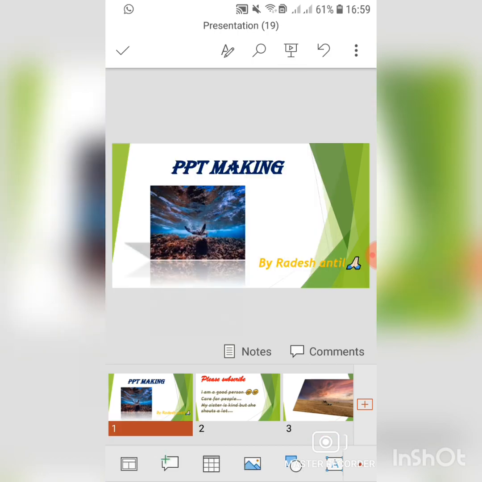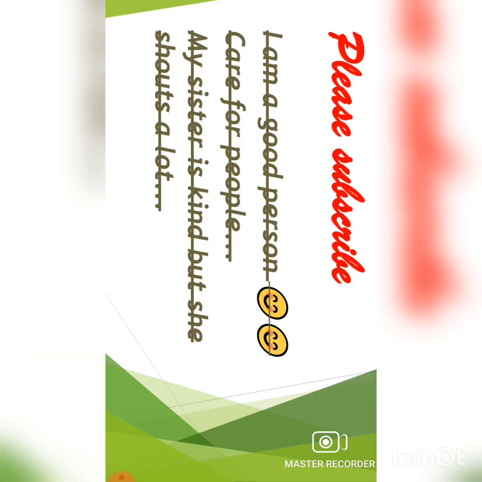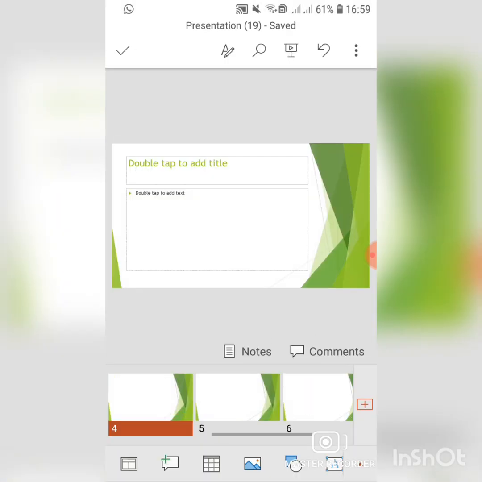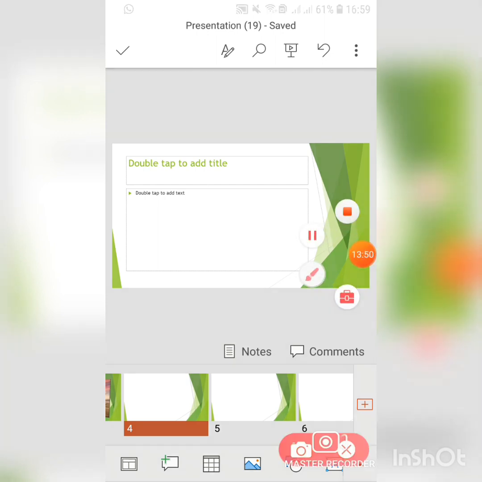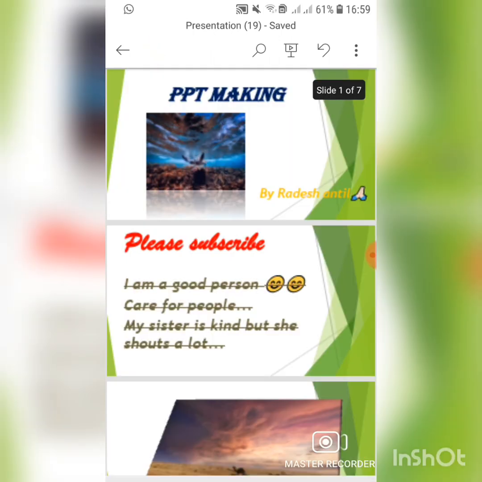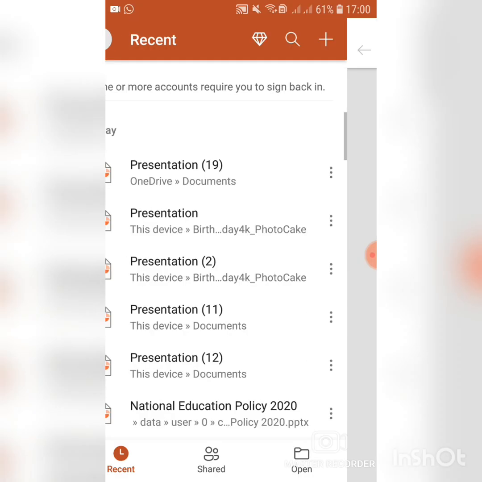Let's see what PPT you made. This one is the first page, second page, third page, and on the fourth I have not written anything. You can see here my fourth page is blank. So till here it's enough for today. And how to save it? Now you will get an option here, pick one, just click on this tick part and your PPT will get saved. Done. So that was it for today.